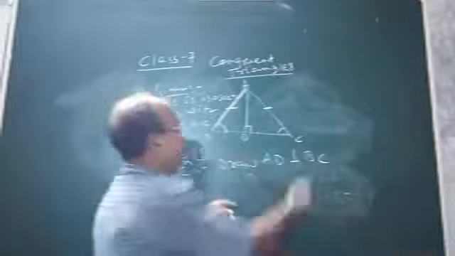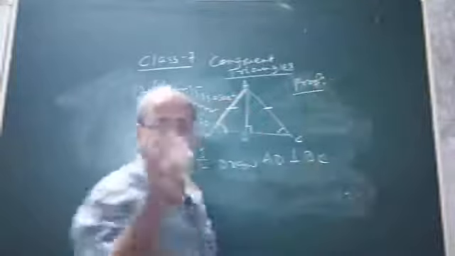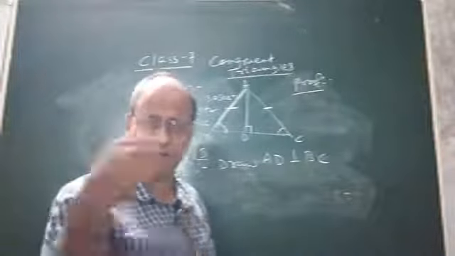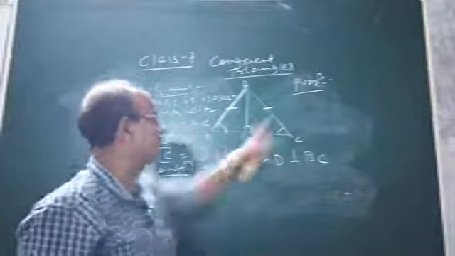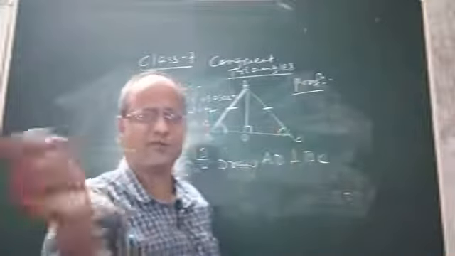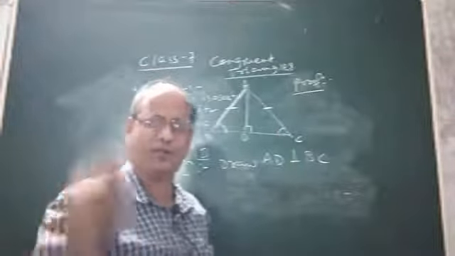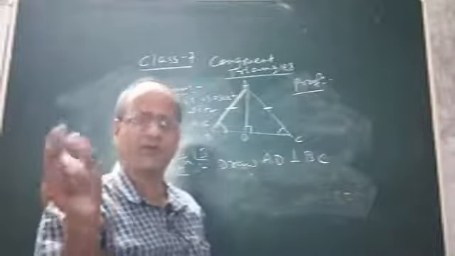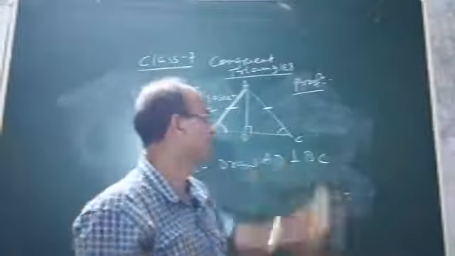Okay. Now let me discuss the proof, the last step. See, to prove any geometrical truth, there are 4 steps followed. One is given, the other is to prove, third is construction, and the last one is proof. In some of the questions construction may be required, may not be required. It is not necessary that there will be construction in order to prove every geometrical truth. No, not at all. In some questions even without construction we can prove. That will be discussed in detail in higher classes. Just you see. Now how to prove?